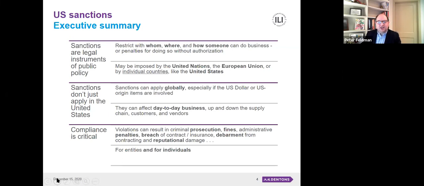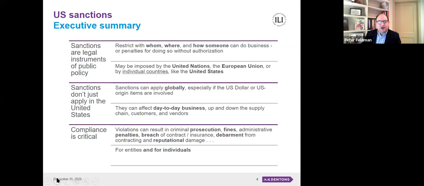And as sanctions have become more frequently used and penalties for sanctions violations have become more substantial, we often see sanctions in the news and we see them described using these different turns of phrase. But our focus today is going to be on sanctions that restrict business dealings, using a general sense of the term. Now, sanctions for our purposes today are going to be presented from a bit of a US lens,